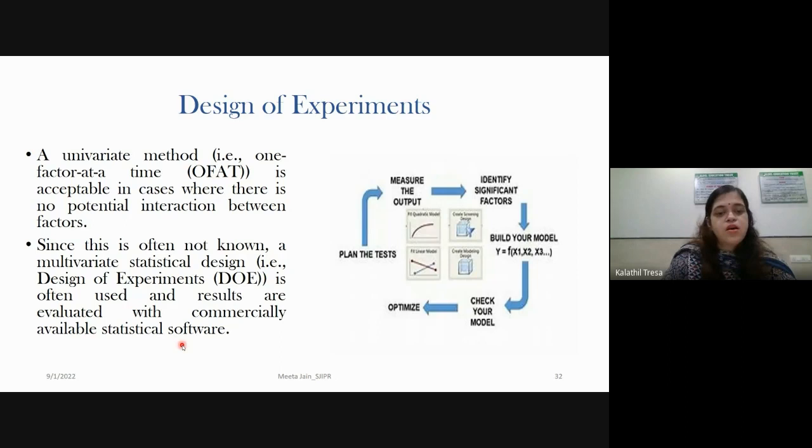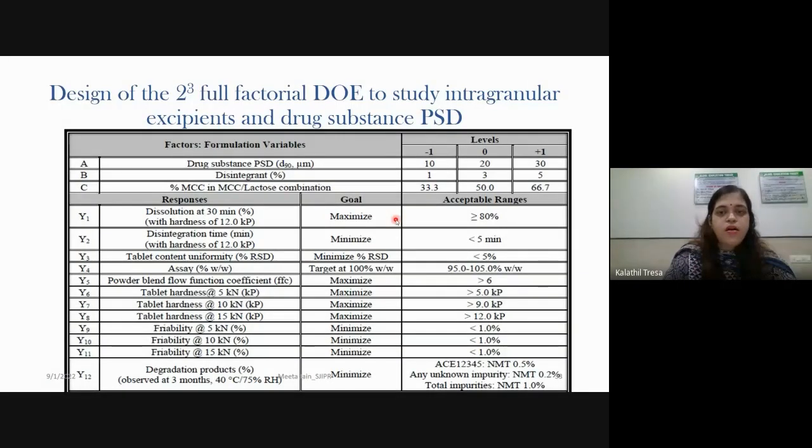There are various software packages available to perform design of experiments, where you first screen the factors, then build a model, optimize the factors, optimize your formula, perform the test, and measure the output. You are going to analyze it using statistical tools like ANOVA, and see how your formulation variables potentially interact with each other and how they affect your CQA.